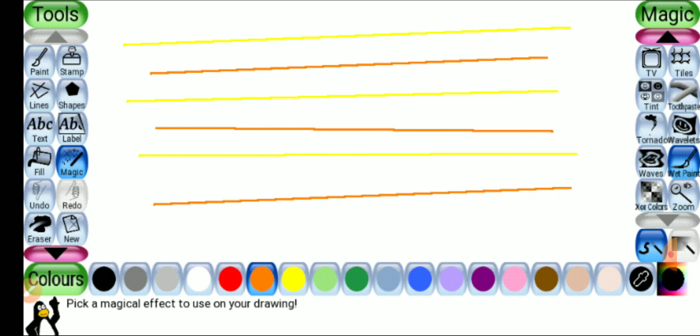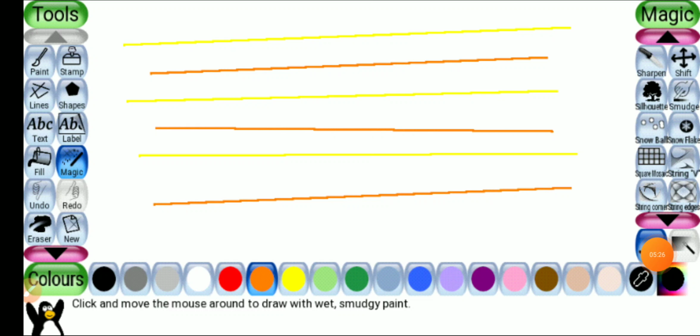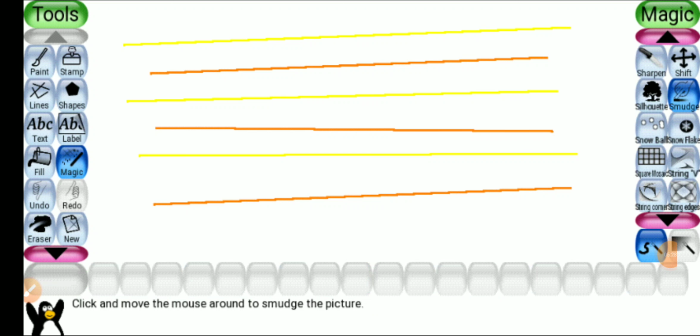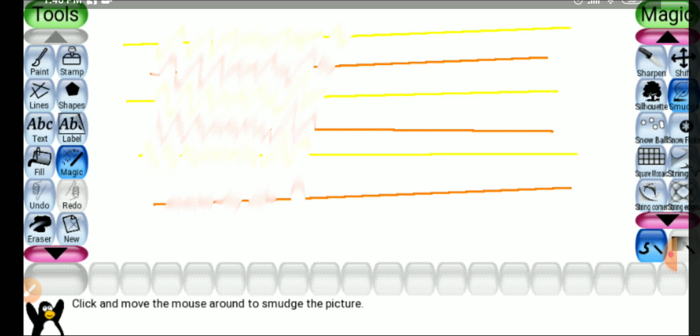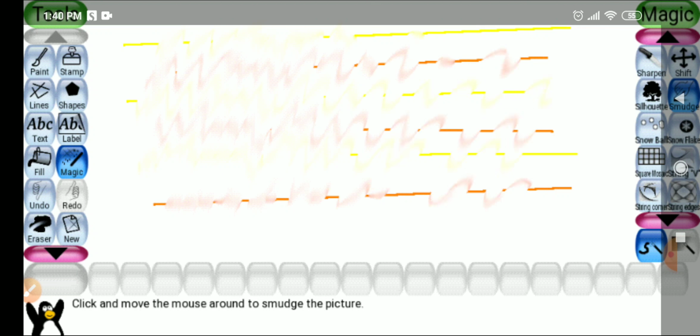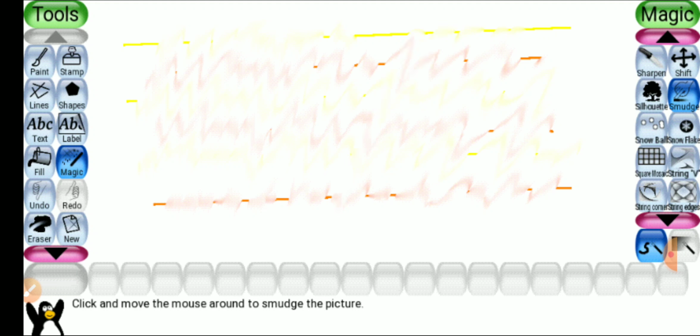then click on magic tool, click on smudge tool from right tools, smudge tool, and click on the lines. Rub your finger, smudge effect. Okay, this way you can create a background, and on this background you can paste any picture, any stamp. Okay,